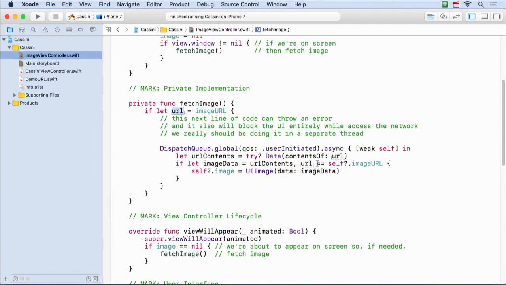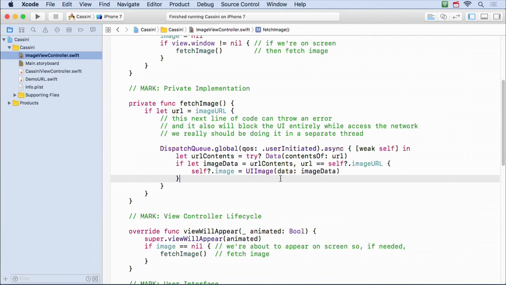I'm just going to check if that URL equals whatever our current URL is. And if I'm not there, then it's okay. It's going to be nil, so it's not going to equal nil. And there we go. So here I just put a little test in there to make sure that I'm still interested in that URL. And everyone understand what's going on here where URL equals imageURL? This is a constant that got captured here. So it's always going to be the URL that we went and got the contents of. See that?